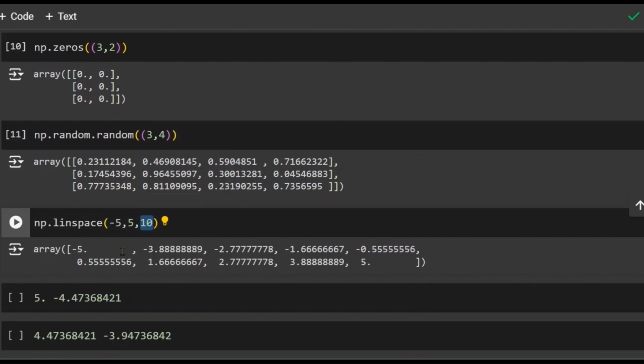Instead we are mentioning how many. So I want 10 elements between 5 and 5. So let's see what happens when we execute this. When we execute this, we get 10 elements, and those are equidistant. In those 10 elements, the consecutive elements are equidistant from each other, in the sense the difference between 3.888, this